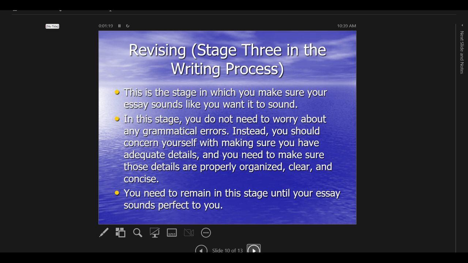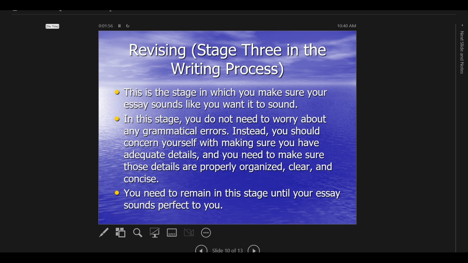So when you read quietly to yourself, especially something that you personally have written, your brain sort of fills in the gaps for you. Even if something doesn't make sense or isn't written quite right, your brain knows what you or whoever is trying to say, so it fills in those gaps. When you read it out loud, it forces your brain to slow down, and your brain can no longer fill in those gaps. So you're really going to notice those areas where you're like, man, this sentence doesn't make sense at all, or